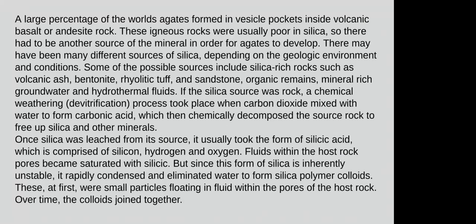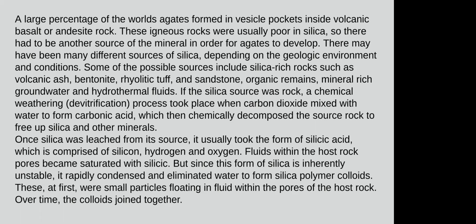A large percentage of the world's agates formed in vesicle pockets inside volcanic basalt or andesite rock. These igneous rocks were usually poor in silica, so there had to be another source of mineral in order for the agates to develop. There may have been different sources of silica depending on the geological environment and conditions. Some of the possible sources include silica-rich rocks, such as volcanic ash, bentonite, rhyolitic tuff, and sandstone, organic remains, mineral-rich groundwater, and hydrothermal fluids. If the silica source was a rock, a chemical weathering, vitrification process took place when the carbon dioxide mixed with water to form carbonic acid, which then chemically decomposed the source rock to free up silica